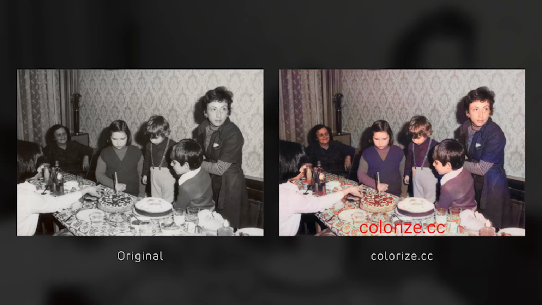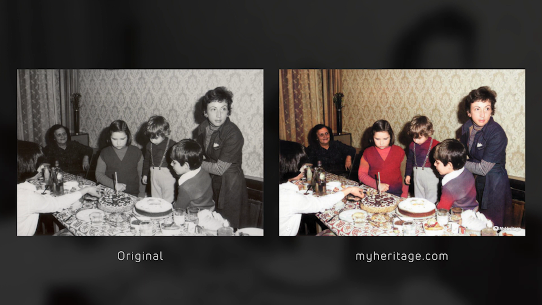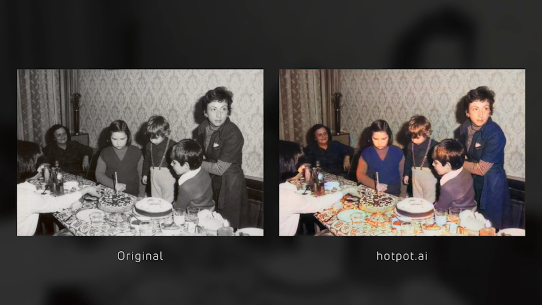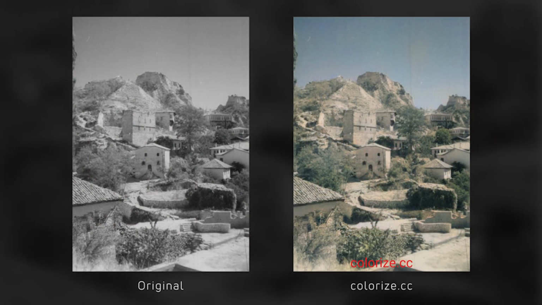So if I have to make a conclusion, I think MyHeritage colorization was actually the best one, with the condition that in this case only the clothes need to be fixed additionally in Photoshop. But I think it's going to be much easier than dealing with some of the other results from different websites, like fixing the color of the wallpaper, the food, the wood texture, the denim. So I go for MyHeritage.